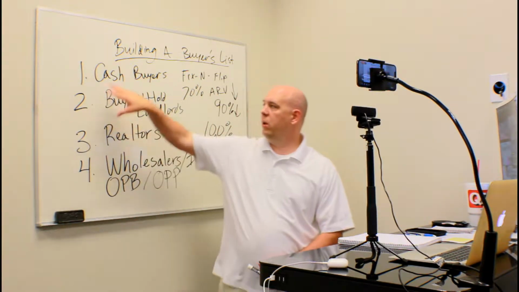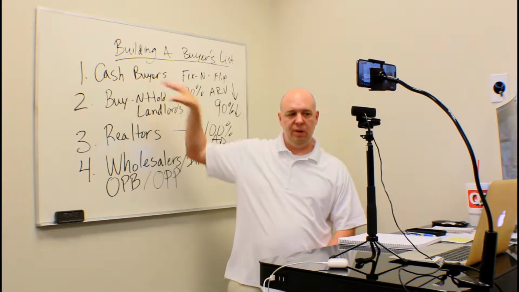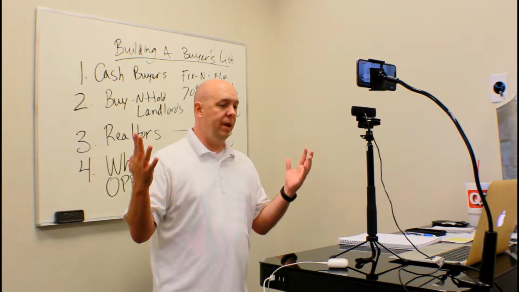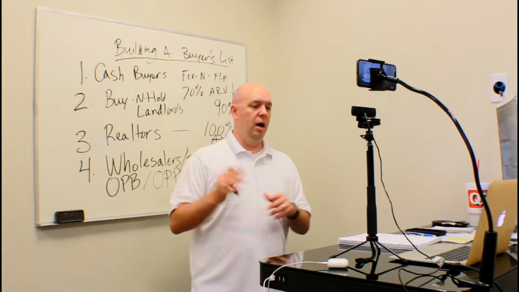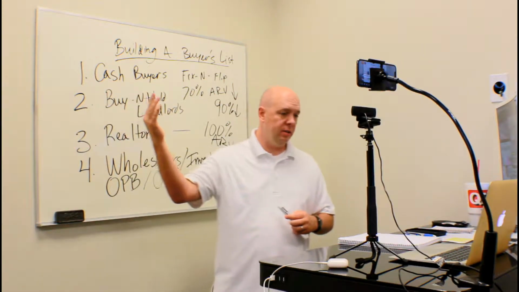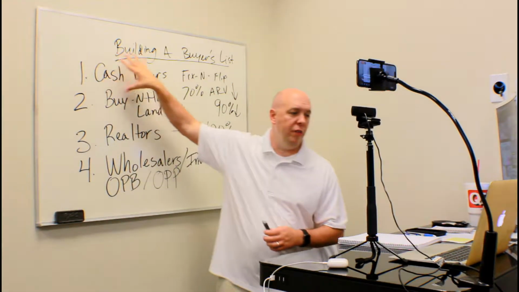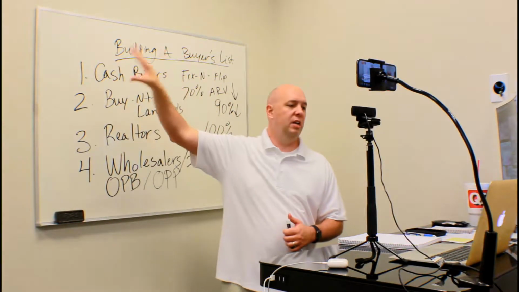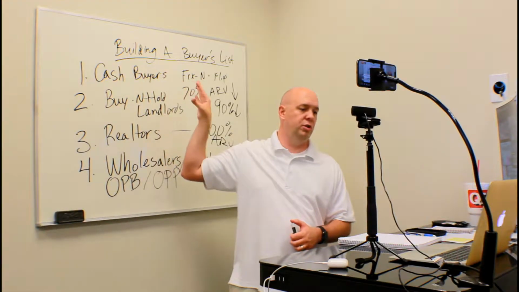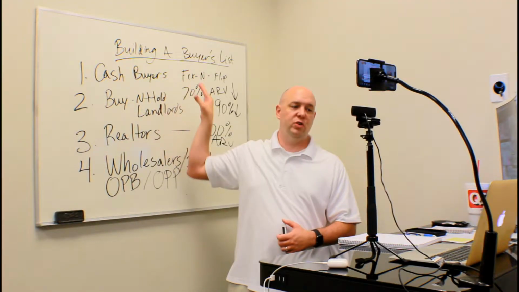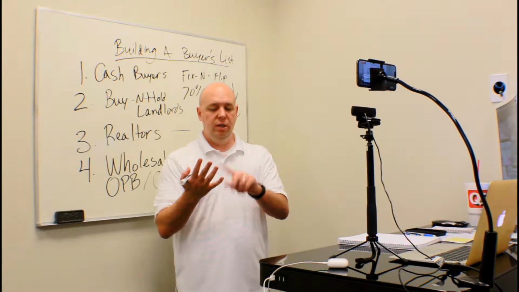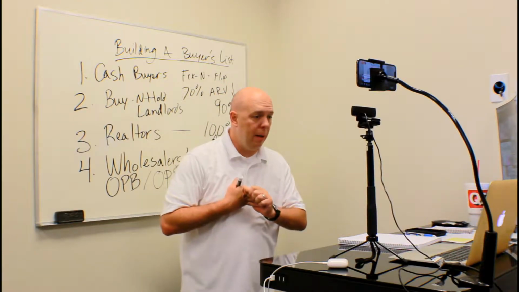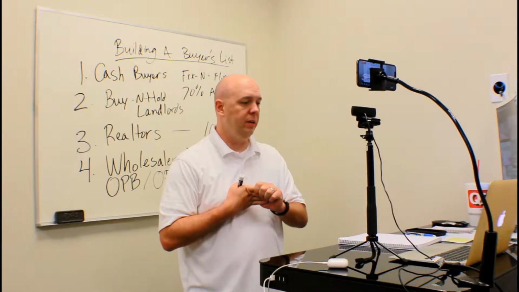Where can we find the cash buyers? Where's a place where we can find cash buyers? We can find it off of the REI Automator, PropStream. We can find it from title companies, right? So we can find all the cash transactions. In most cities, counties and states, some states it's going to be harder, it depends if they disclose or not. But a lot of times you can find the cash transactions. There's ListSource, REI Automator, PropStream, and your local title company. A lot of times they'll give you the data for free.